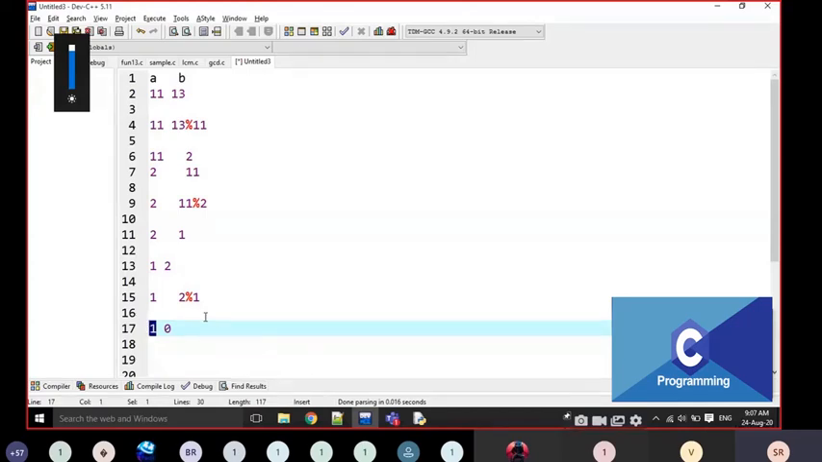Is it clear, everyone? Students, is it clear? I think this is the Euclidean algorithm for GCD. You have to try it and you have to do it. That is tomorrow's task for you. And I will explain the